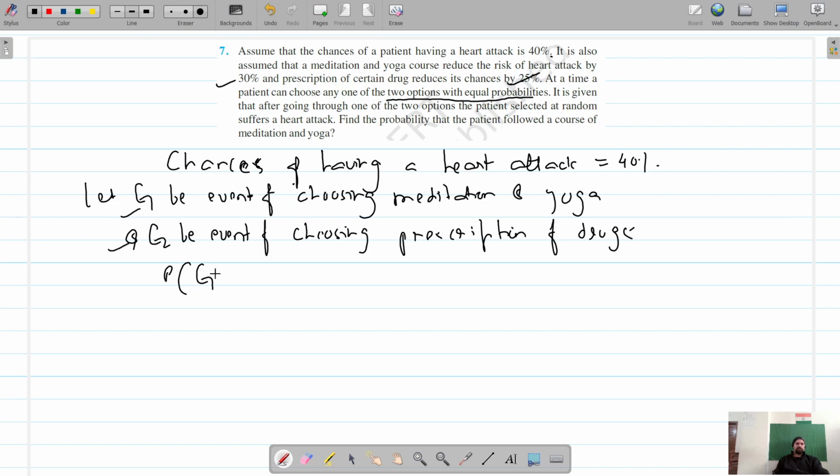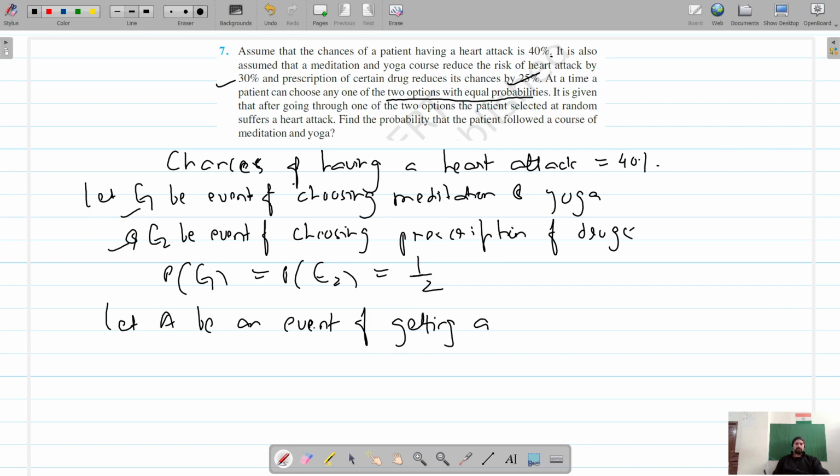So the probability of E1 and the probability of E2 are equal, and let's say that A is the event of getting a heart attack for a patient. So the probability of getting a heart attack